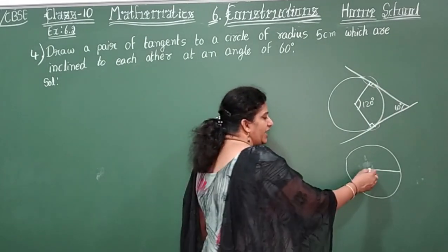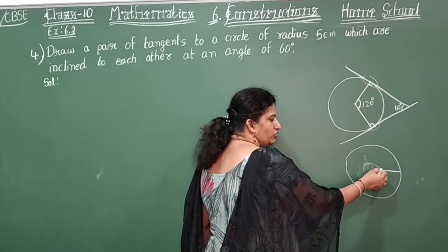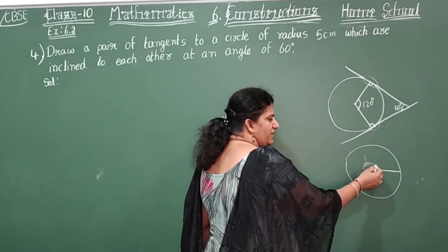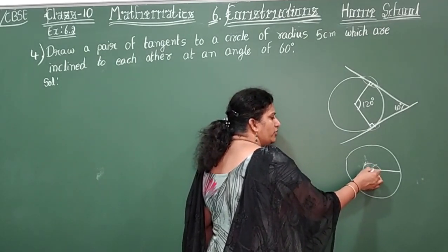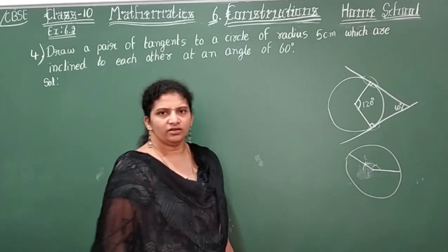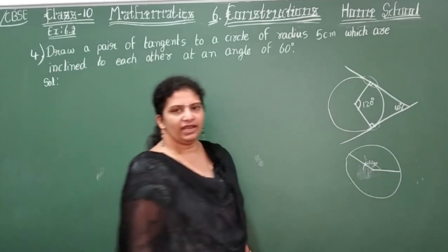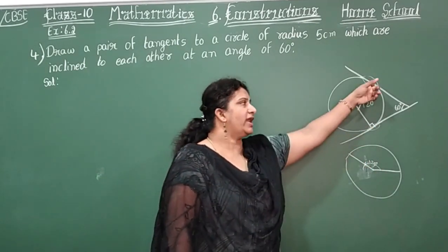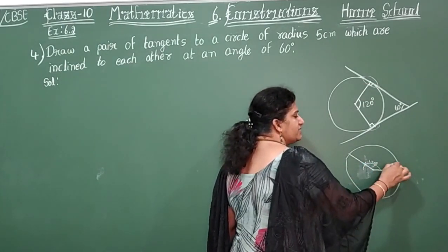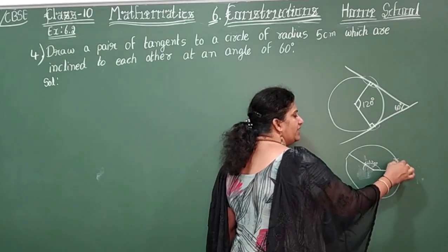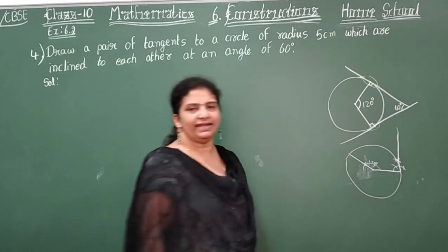120. So take a protractor, or with the compass if you need to, you can do it like this. 60, 60, 120. So from here, what you are going to do? Extend. Okay, so now what is the angle here, children? This one will be 120 degrees. Now next, these two are 90 each. Now how do you draw 90 here? Like this, 60, 60, and both intersect. Where it intersects, extend. This is one tangent.